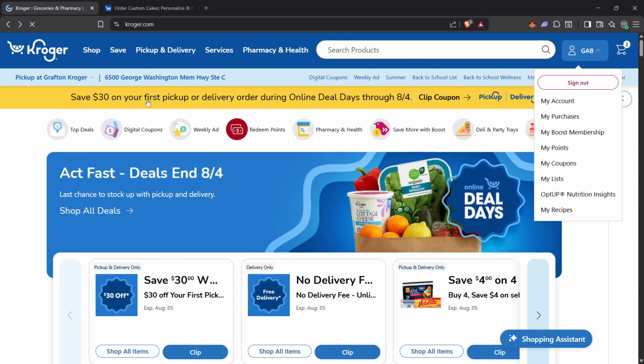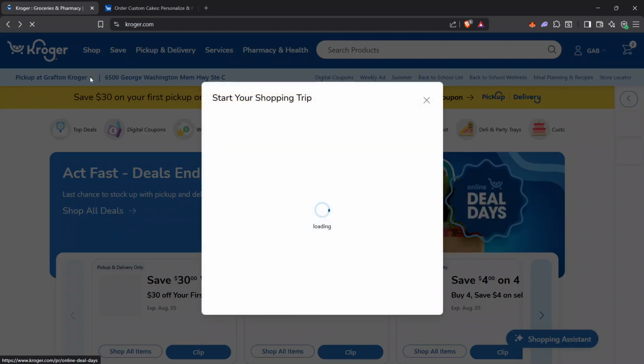Next, select your Kroger store. On the app, this is usually labeled as your chosen store near the top. Tap or click it, then pick the store where you want to pick up your cake. A small confirmation will appear showing the store name, address, and distance. Many beginners forget this step and accidentally order from a different location, so make sure it lists the store you actually plan to visit.